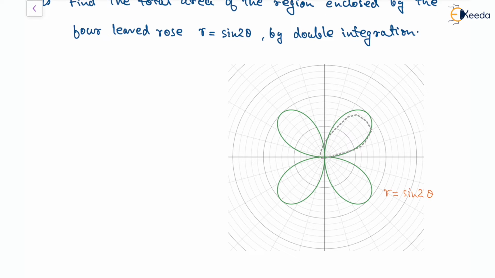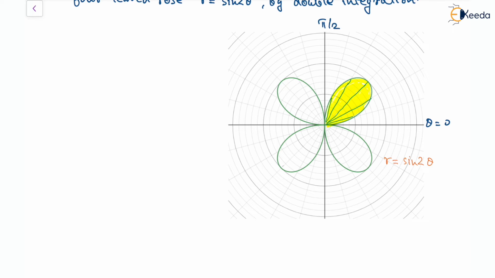If you see this leaf, which is in the first quadrant, theta will vary from theta equal to 0 to pi by 2. And if you talk about r, all these r will be starting from 0 only, and it will be going up to sine 2 theta. So in that case, the overall area,